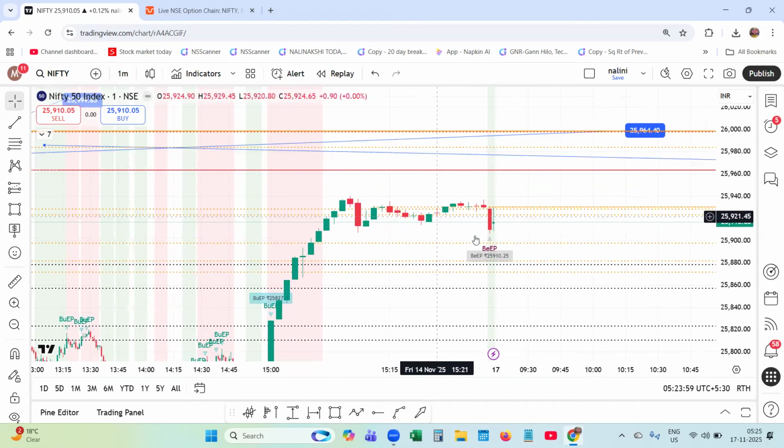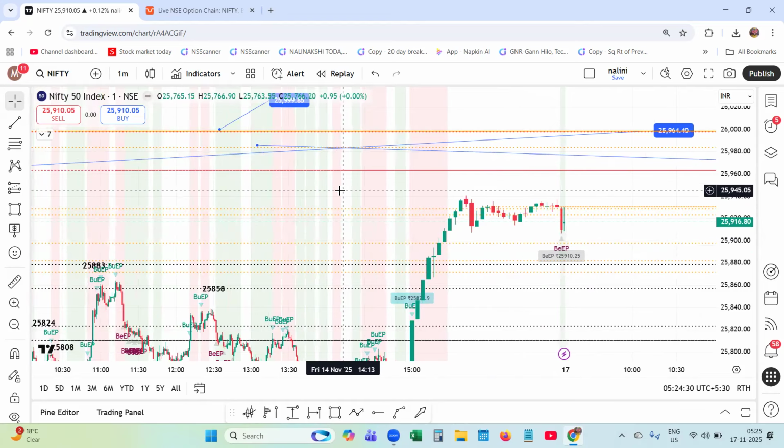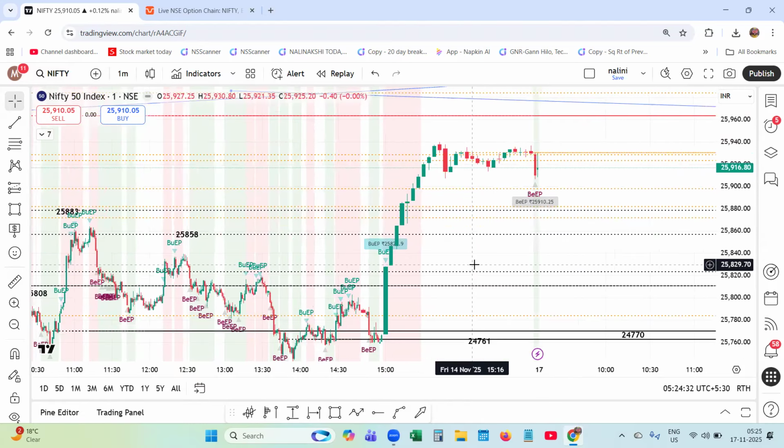If the market corrects to this territory, in case 25,878, then a buy-on-dips opportunity will exist in the market. Otherwise, if it gaps up, it will be gapping into a seller's territory. Seller's territory, you need to be careful. 25,962, 25,985, 994. So the boundary has been defined over here with the help of EP lines, you can trade